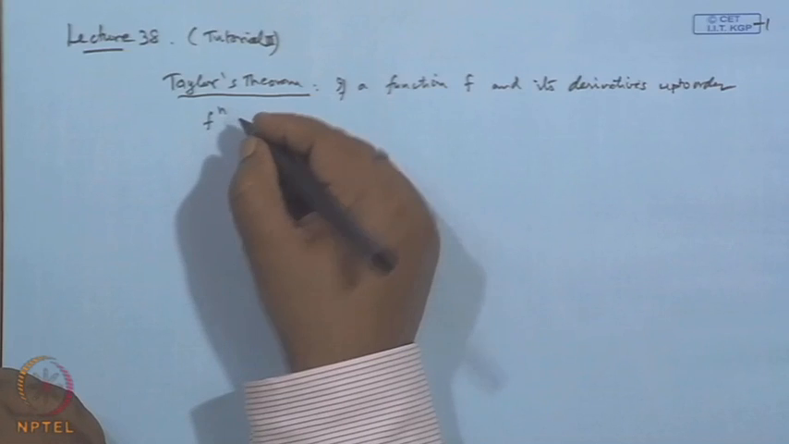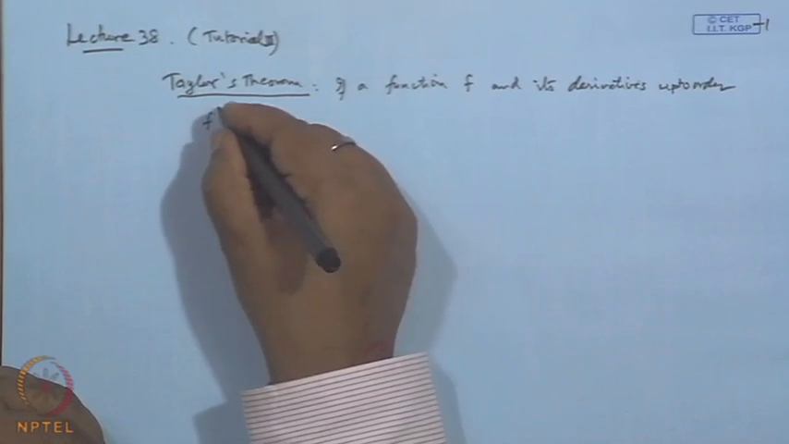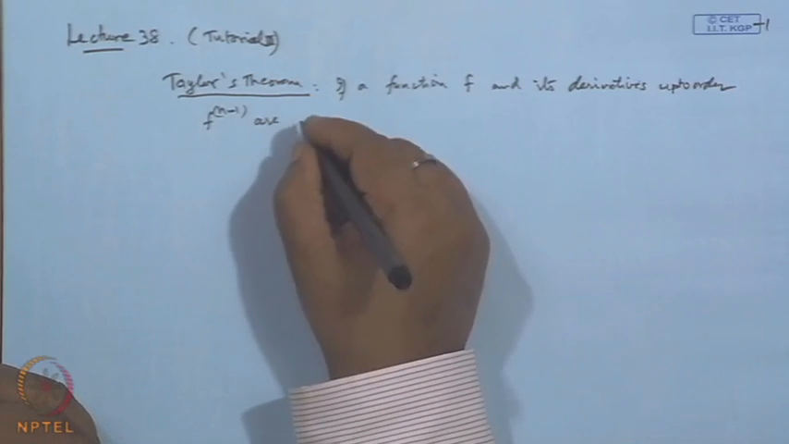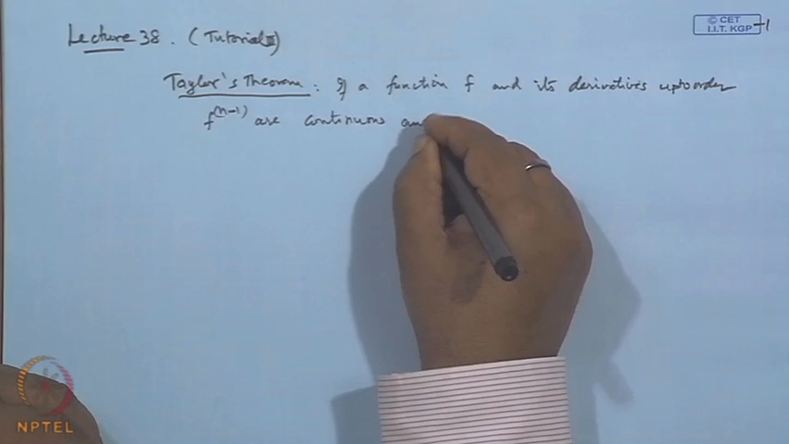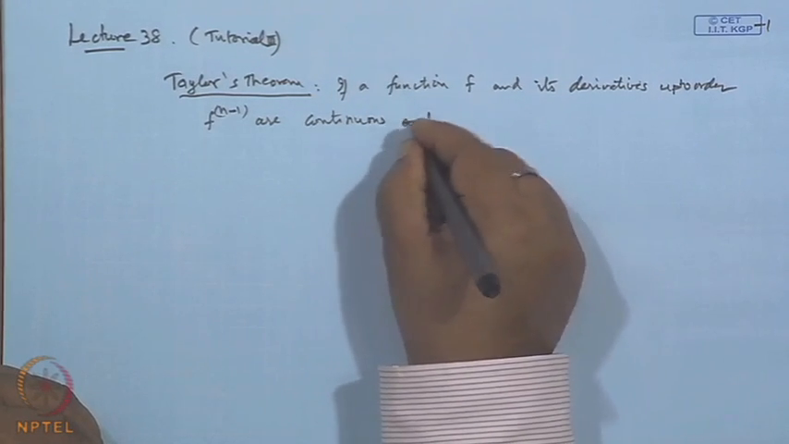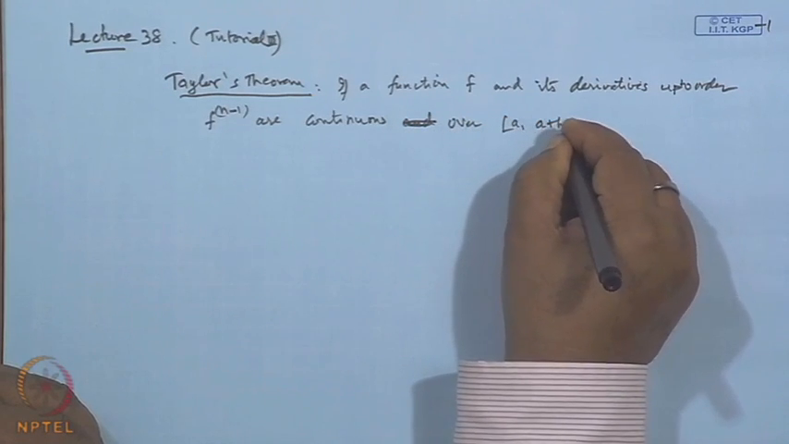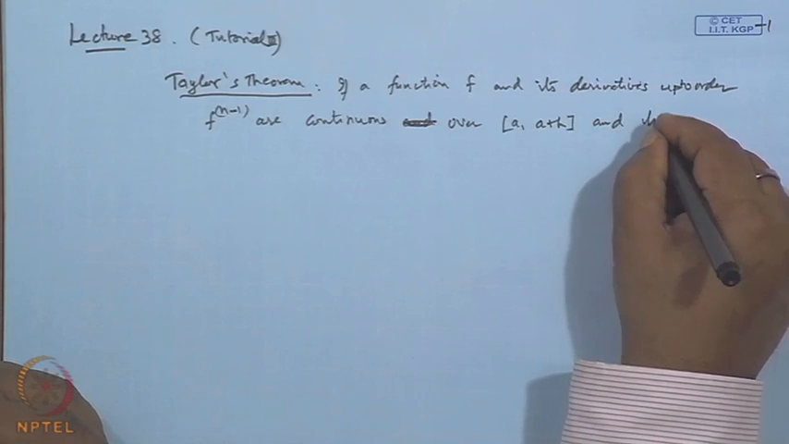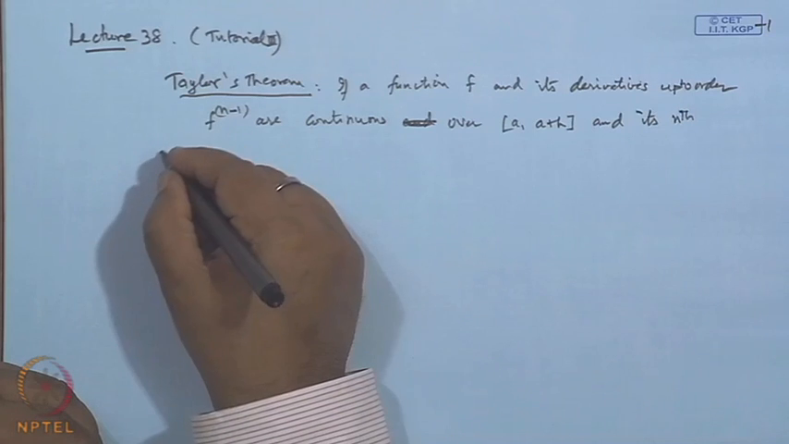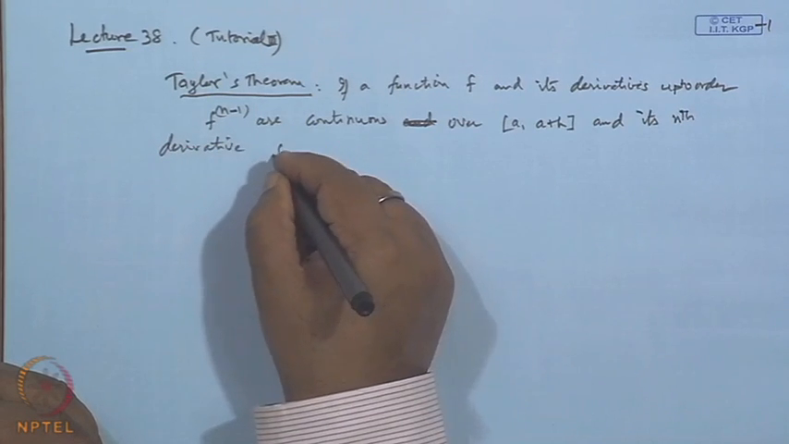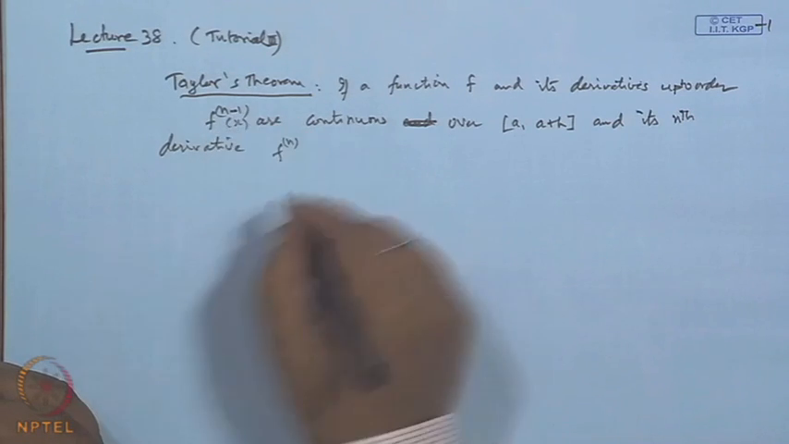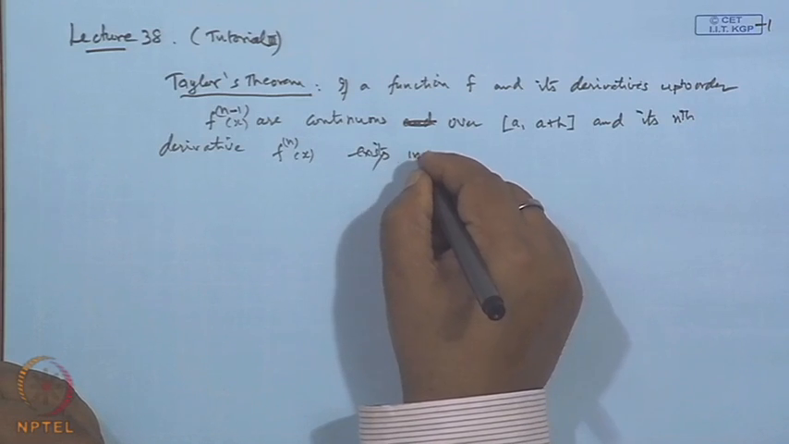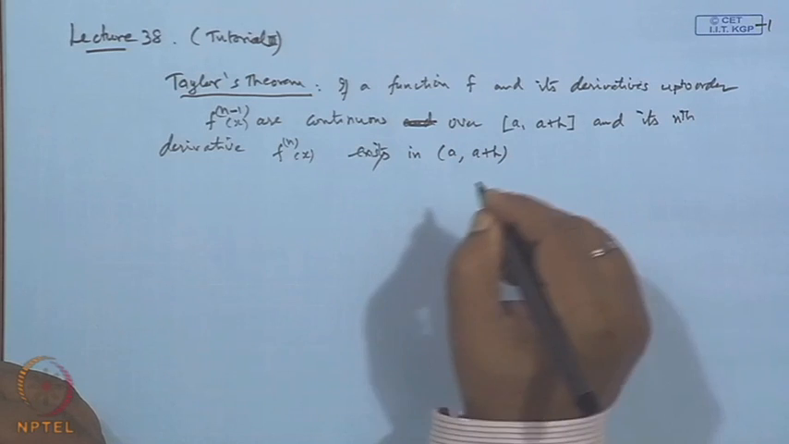plus 1, or up to n minus 1, are continuous, up to order n minus 1 are continuous, up to say order n, let us take up to order n plus 1 are continuous over the closed interval, say a to a plus h, this closed interval a b, and differentiable, and its nth derivative f n x exists in the open interval a to a plus h, then